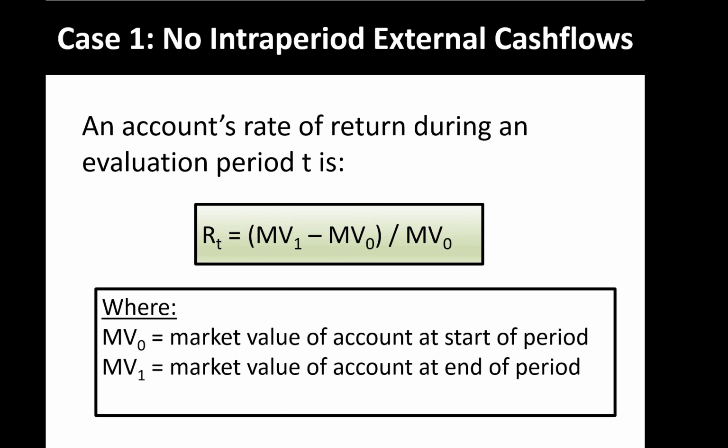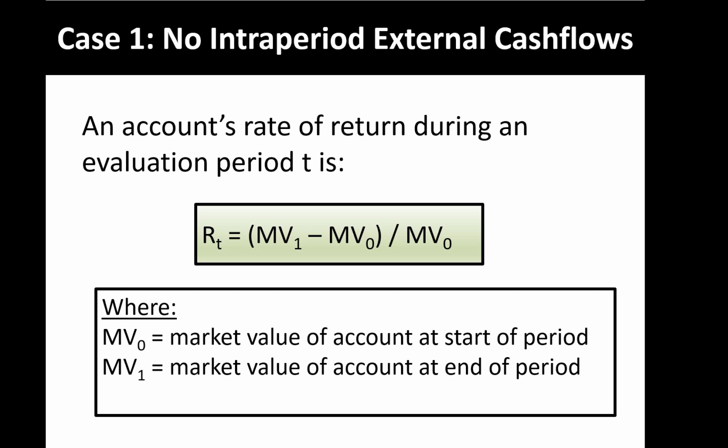So now when you're looking at return calculations, the book focuses on two main types of cases. These are basically the two main cases that you want to familiarize yourself with when you're asked to calculate rates of return for the exam. So the first case is a very simple one, and it's the case where there are no inter-period external cash